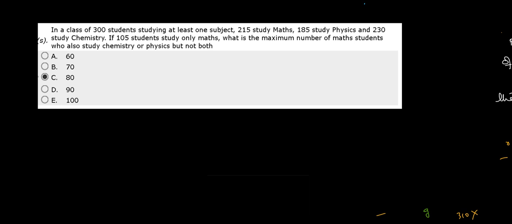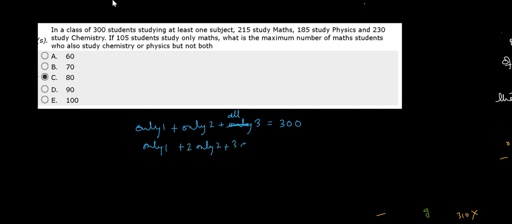Okay, so once again we write the two. We will not draw anything. We'll go straight with the equations. So only one plus only two plus all three is equal to 300 given here, and only one plus twice only two plus thrice all three is 630. Okay, what else is given? That only maths is 105,